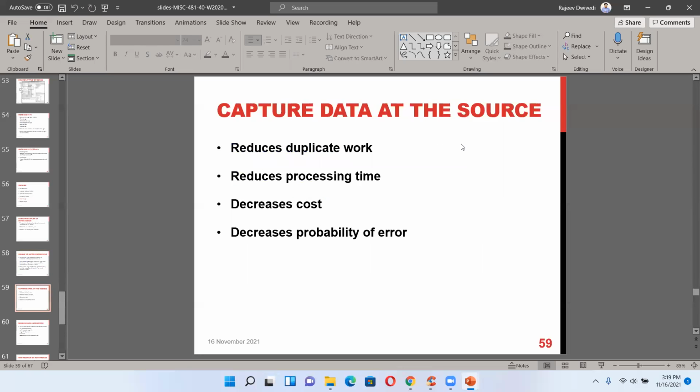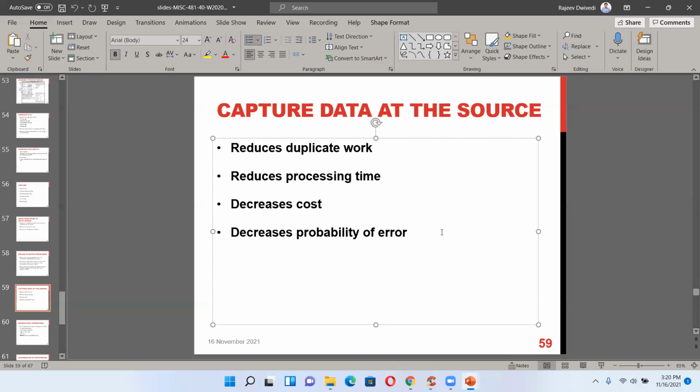So capture data at the source. When you capture the data at the source, that is the best thing. Reduce duplicate work, reduce processing time, decrease cost, decrease probability of error. And this is happening in Walmart. When the suppliers supply the item, from there it captures that 100,000 pairs of shoes are shipped from Bangladesh, and then it goes to the big warehouse.